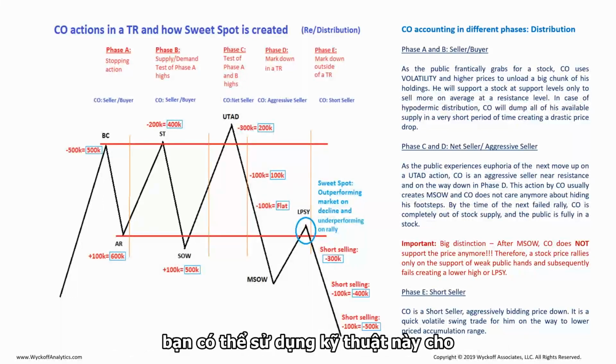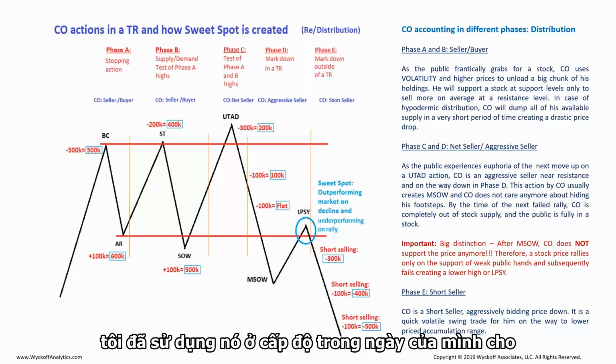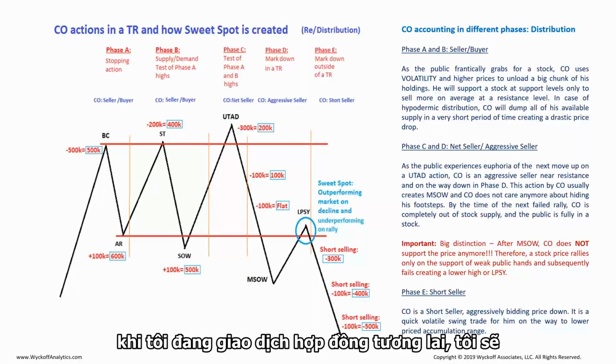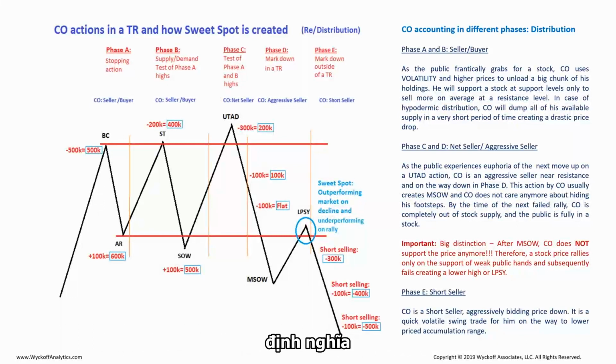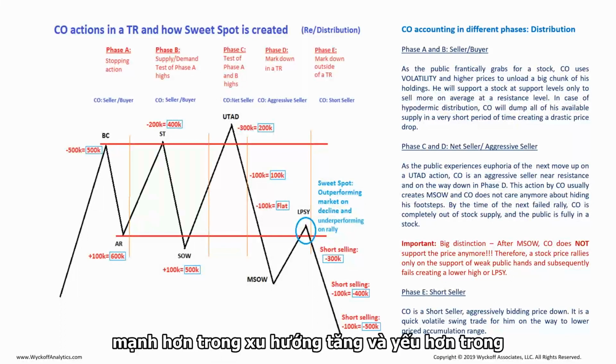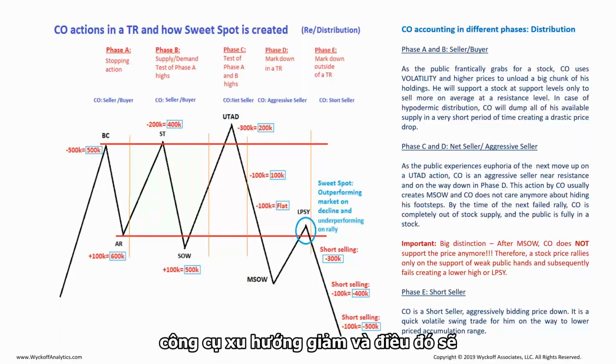I've used it on my intraday level for index trading. When I was trading futures, I would define the bias for the day. I would define the index that would be stronger or weaker, and based on that, I would be directionally selecting a stronger instrument in the uptrend and a weaker one in the downtrend, and that would bring not just the profitability up, that would